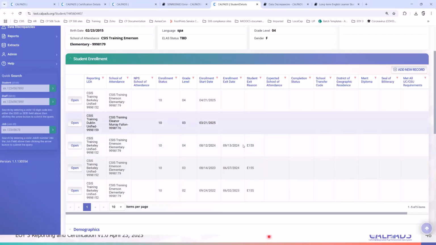You have to make sure that the student is exited with the proper exit, and that should resolve the issue. So if I change this to a T160, then of course that should clear the error.